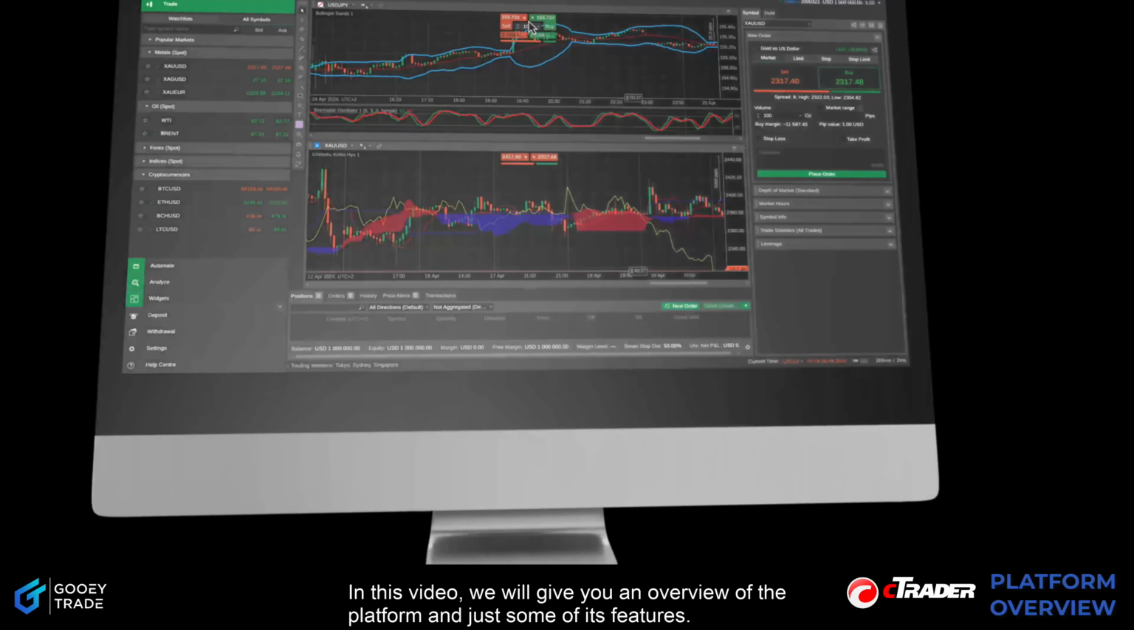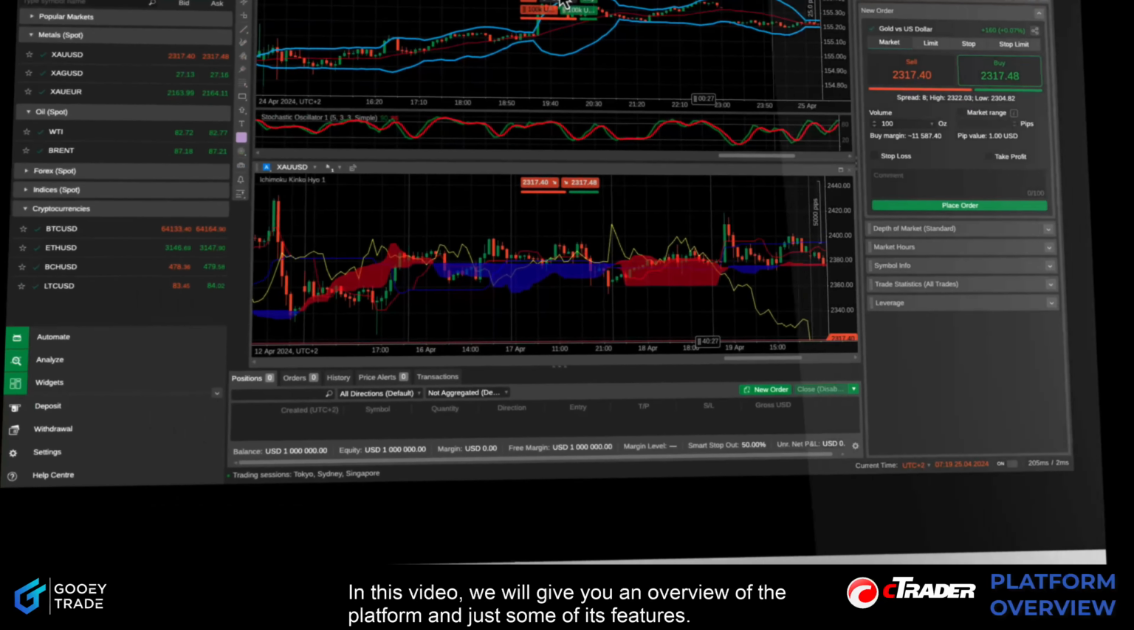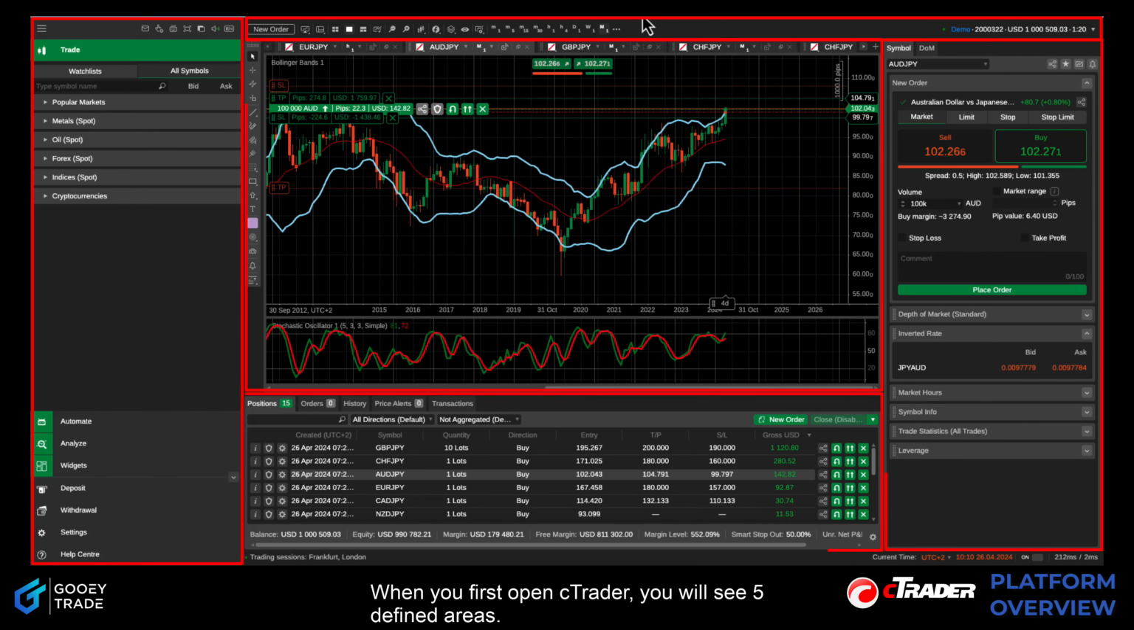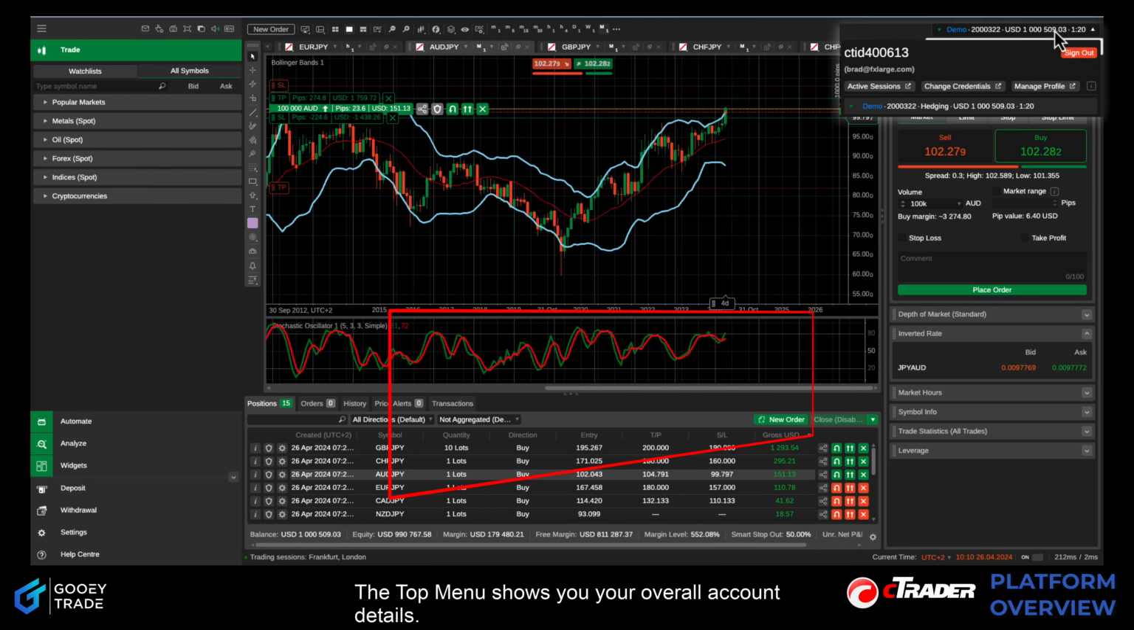In this video, we will give you an overview of the platform and just some of its features. When you first open cTrader, you will see 5 defined areas. The top menu shows you your overall account details,